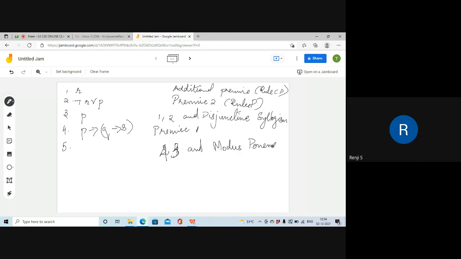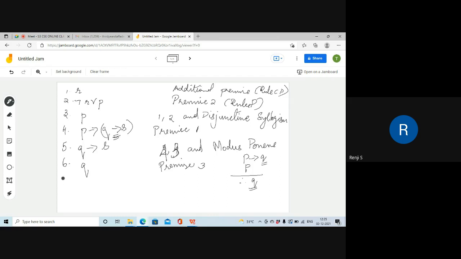Modus ponens, that is, it is of the form P implies Q, P. So, conclusion is Q. Here, instead of Q, you have Q implies S, and we have P as common here. So P implies Q and P, you will get the conclusion Q. So this here Q is Q implies S. Then in sixth step, we have premise 3 given, that is Q. This is premise 3 that is already given.